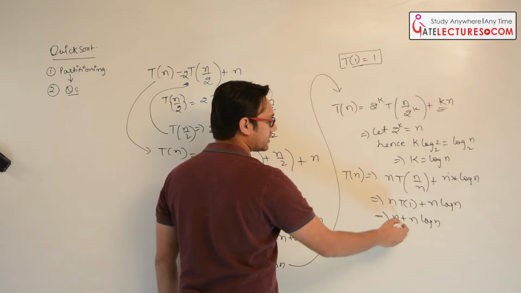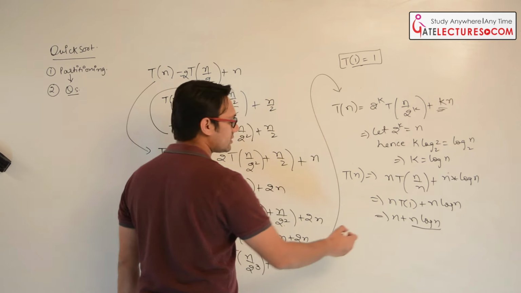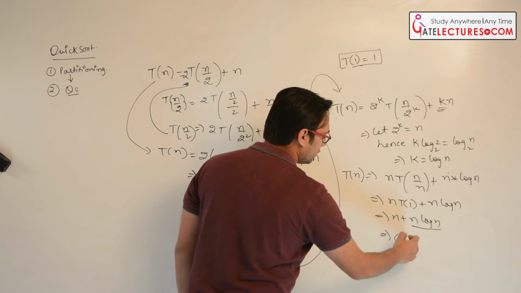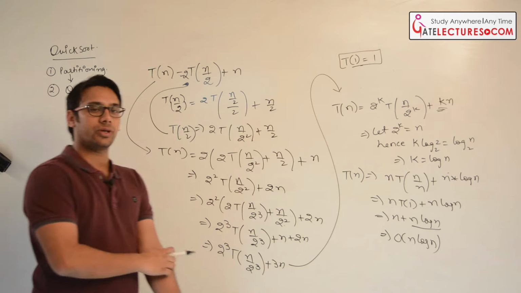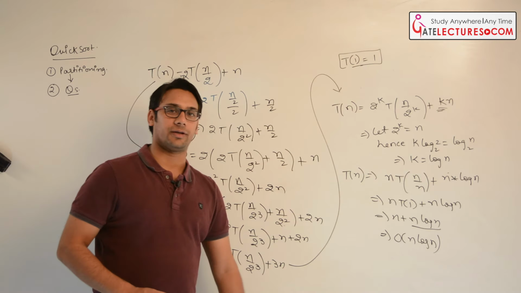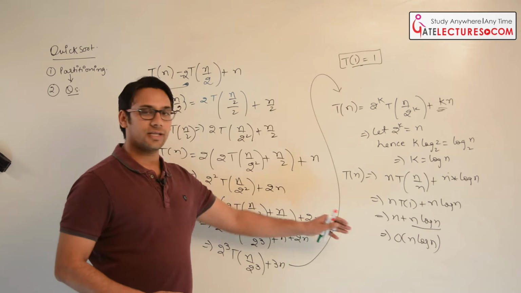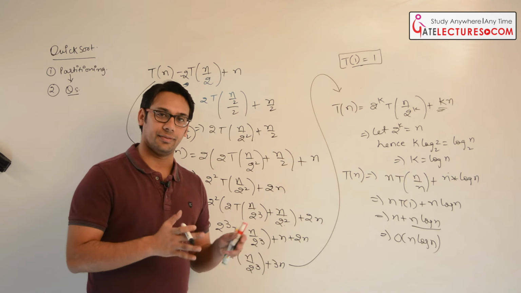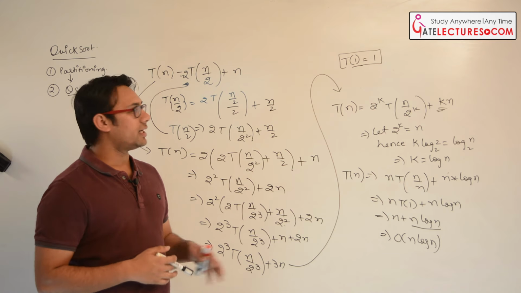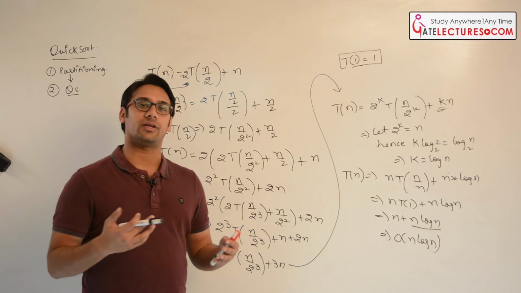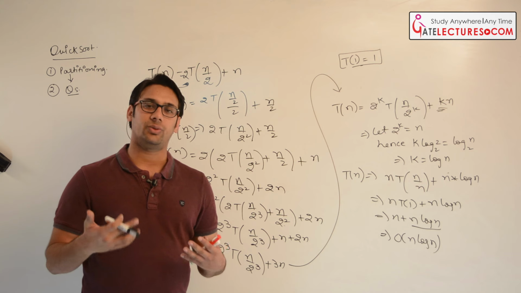In both these two terms the leading term is n log n, hence the time complexity will be order of n log n. Hence in the best case, quicksort is going to take order of n log n time. Fine. So this is the best case, when the partition is at the exact middle. So now let us see what will be the worst case for quicksort, and what will be the time complexity of quicksort in the worst case.